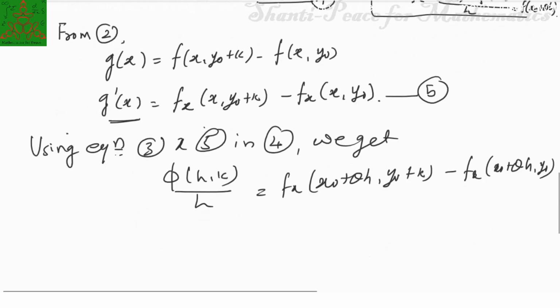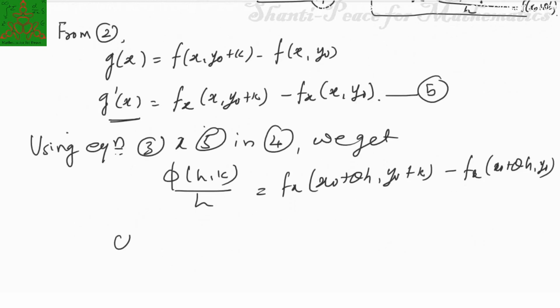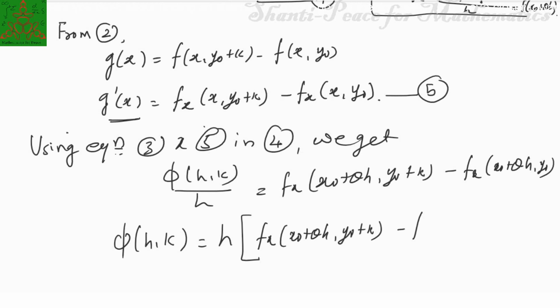So hence phi of hk is equal to h into f_x at (x0 plus theta h, y0 plus k) minus f_x at (x0 plus theta h, y0),